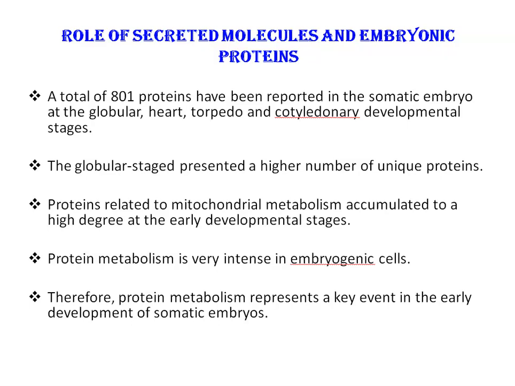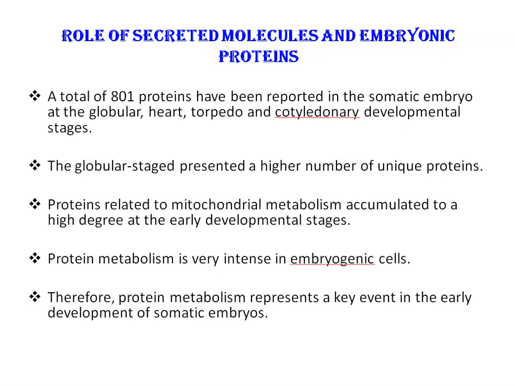During the early developmental stages, meaning globular and heart stage, several proteins of the RAB family were detected, like RABA5A, RABA5B, and RABA6A, being unique in somatic embryos at the globular stage, and RABE1C being unique in the heart stage. Two members of the RAB family, RAB2BV and RABH1B, were also detected only in the globular and heart stage and were not detected in subsequent stages like the torpedo and cotyledonary stage.